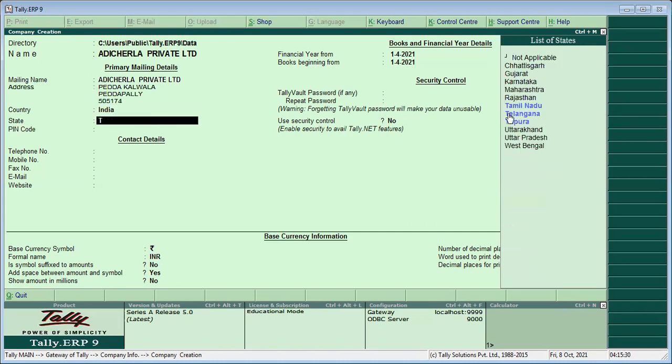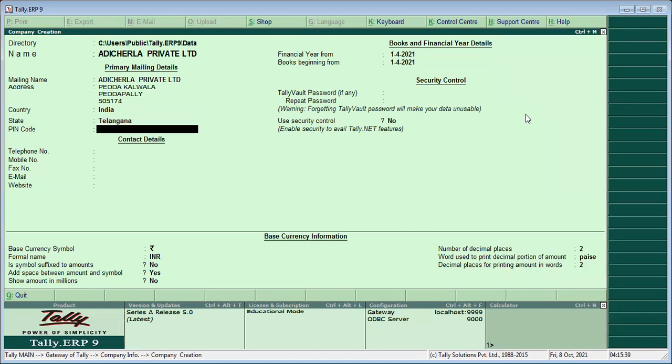By pressing T, here we may find Tamil Nadu, Telangana, Tripura. Select Telangana. Pin code number 505174. Telephone number: if you have any telephone number, please enter the telephone details.